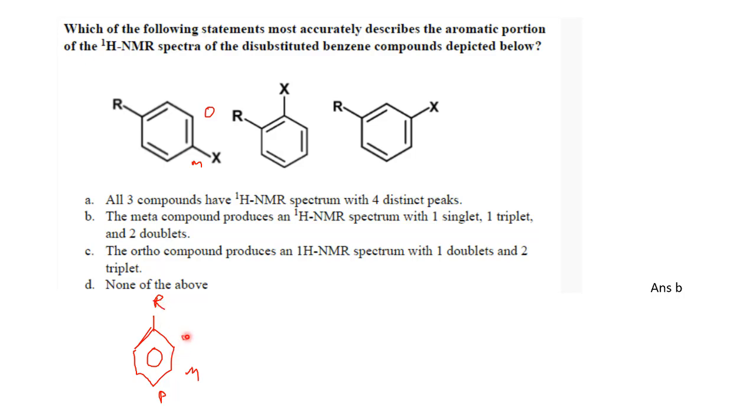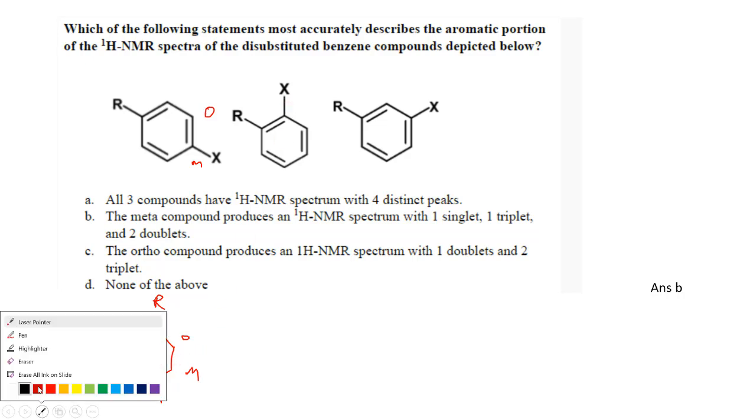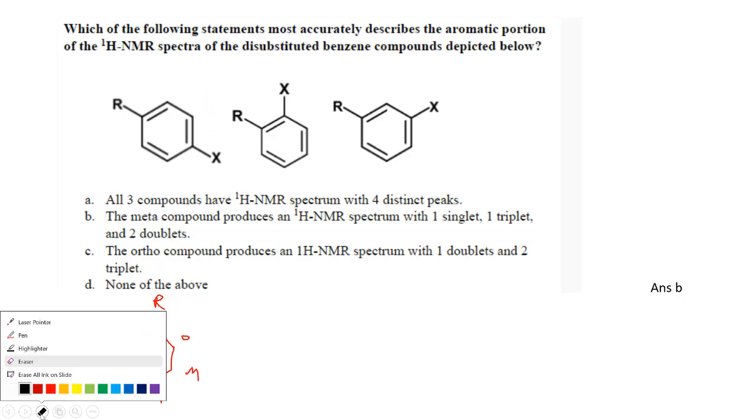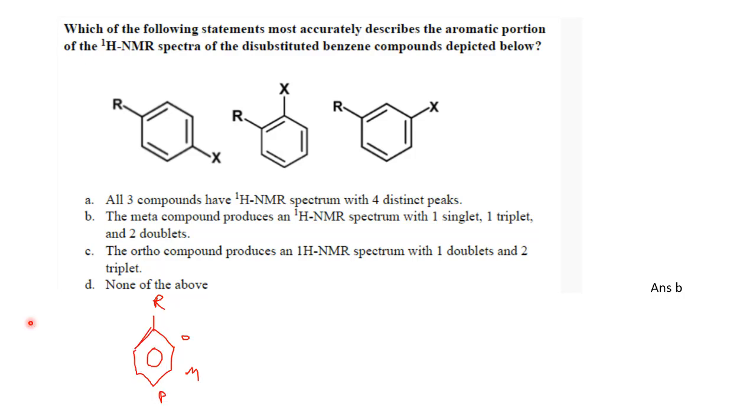If the halogen is attached at the ortho position, basically this is the ortho one, because here we have the R group, that is the methyl group, and this halogen is attached at the ortho position. So I think this is confusing, I will remove these two. Then this is in the opposite direction: one methyl group is present here and the halogen is in the opposite direction. That means in this case, this is at the para position.